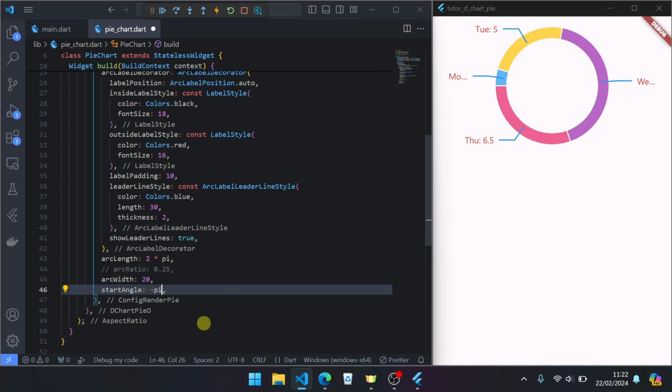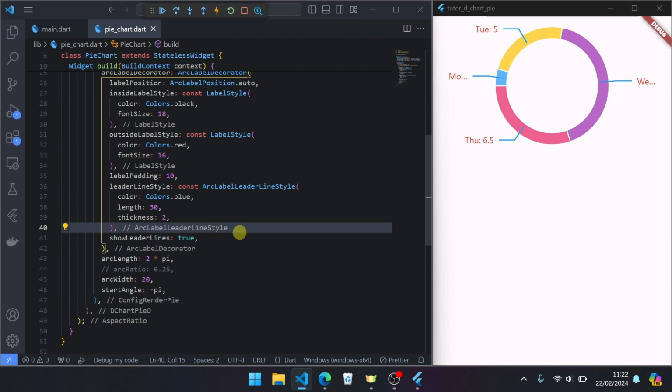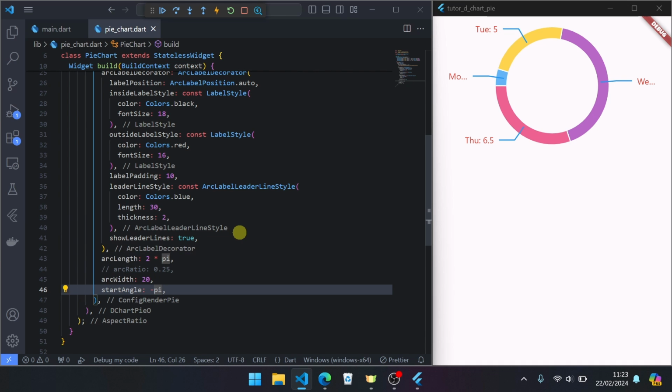If you set only -π like this, there is some error here. We can set again π divided by 3. Okay, here.